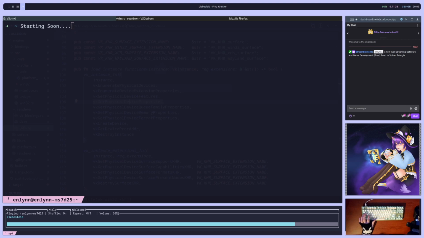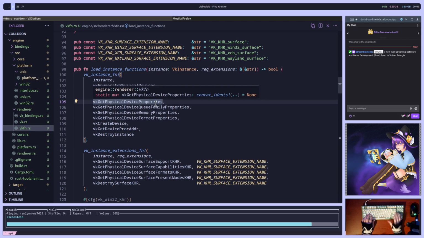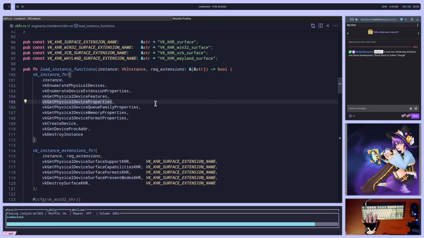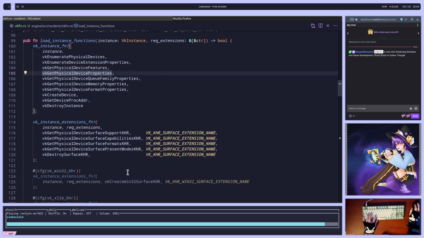Well, I should go ahead and get started. I guess for today, I'm just going to keep plugging along with the Vulkan implementation. I kind of got to the point a little bit yesterday where we have the code stubbed out for loading